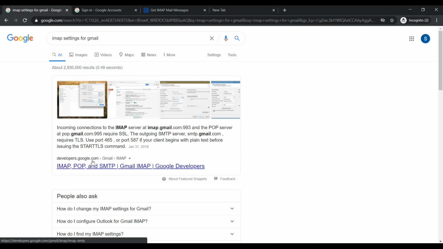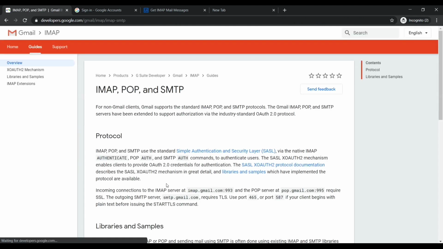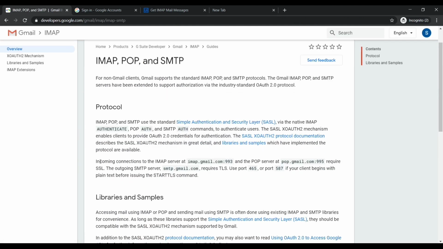It is for developers to get all configurations according to Google. Now we will click on this and see here incoming connections to IMAP server. This is the server and this is the port number.